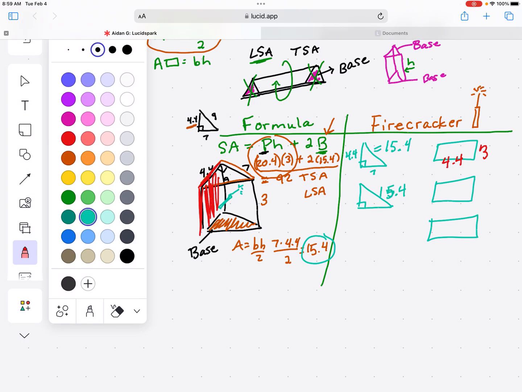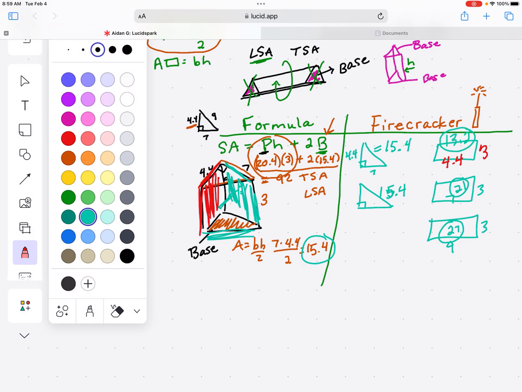I'll do the next triangle in green. It's 7 and 3. That's the side triangle, right? 3 and 7. Now the front triangle is going to be 9 and 3 because that's the one that's kind of the clear one. So the area of that one is 27. 3 times 7 is 21. And 4.4 times 3, which of course I don't know that in my head, put it in your calculator, is